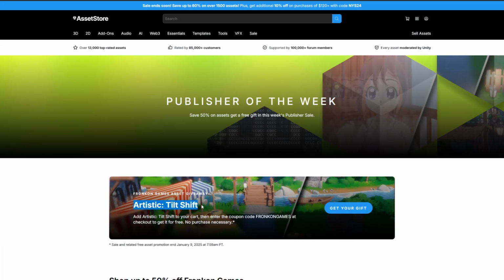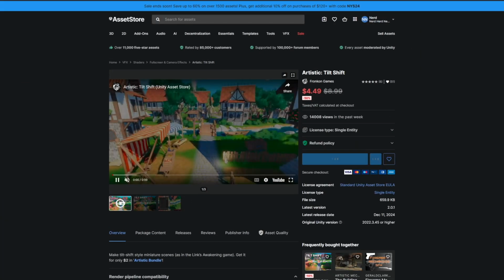Then a few Thursdays ago, I'm getting my free weekly Unity asset, and it's a tilt shift effect, which piqued